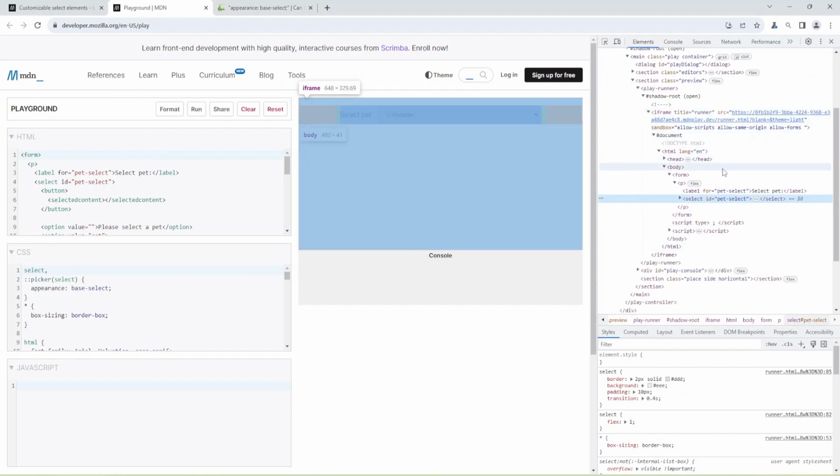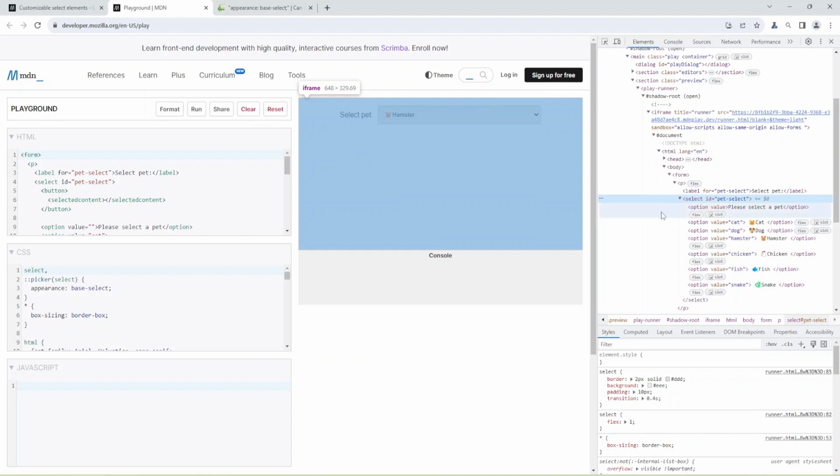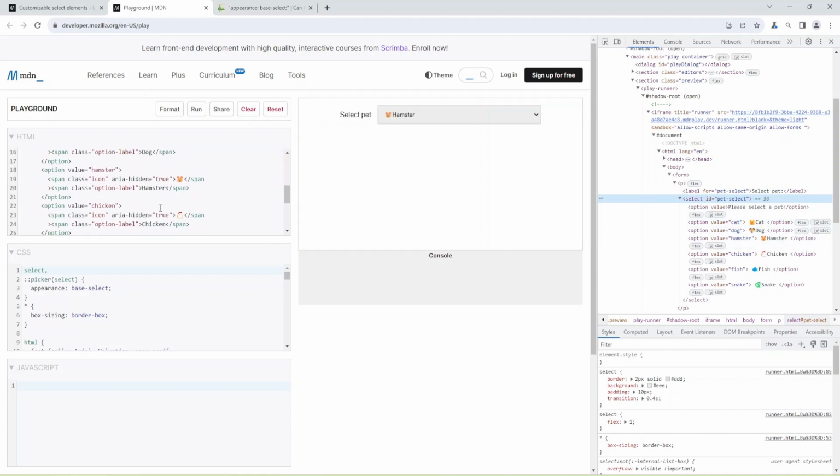Let me open developer tools and inspect what we have inside. As you can see, we have the same form, paragraph, label, and select. For the options, I have only text: some emoji and the word cat. All the spans with classes were removed by the browser.